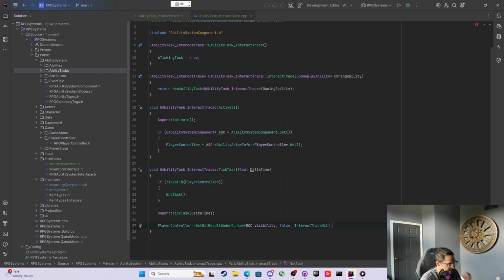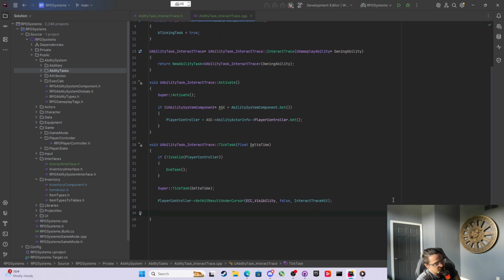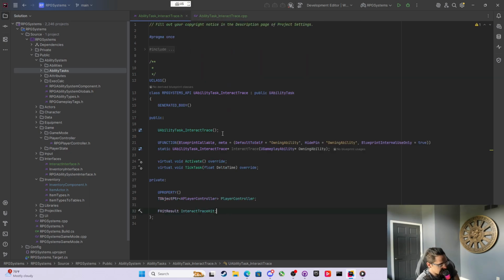We're going to do that. Now the thing is, I only want to do this now that I have this hit result filled in right here. I've got this hit result filled in, and I only want to do this for the interaction things, right? So what we can do to make sure that things only interact with those things that we can interact with is declare these variables called a TScriptInterface,